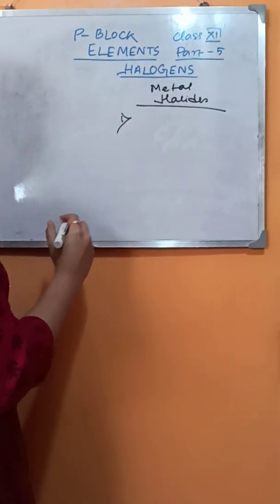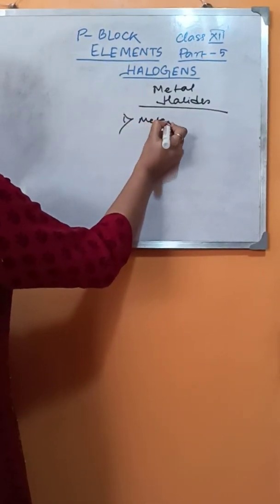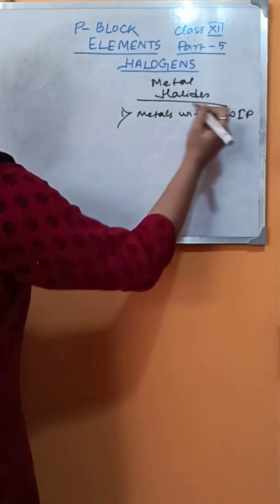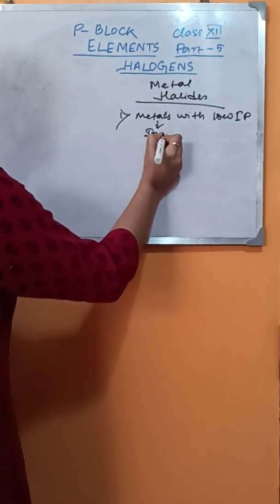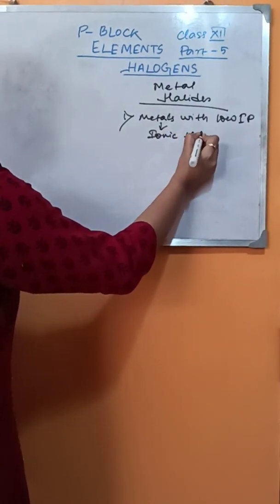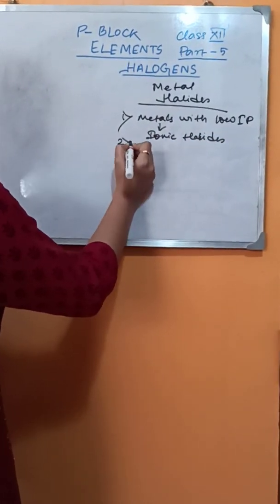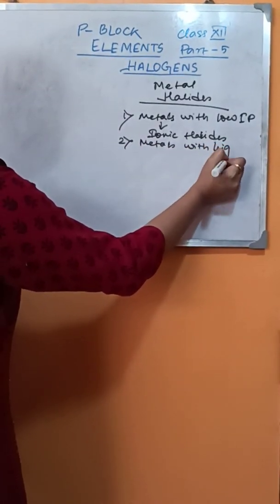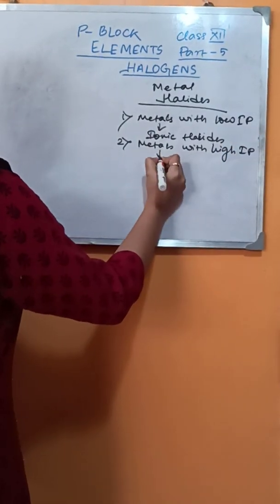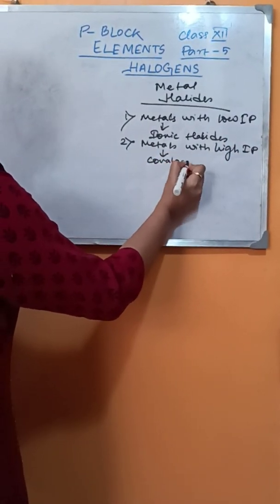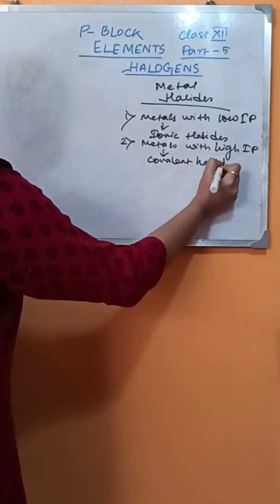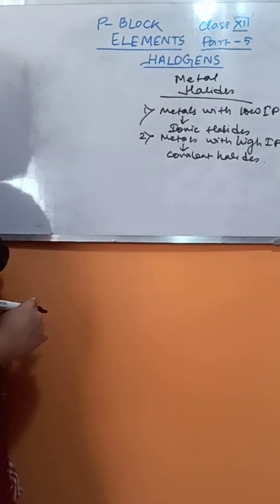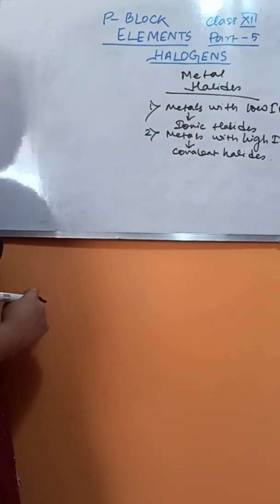In case of metal halides, the metals with low ionization potential will form ionic halides, and the metals with high ionization potential will form the covalent halides. Okay, now okay,